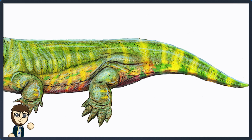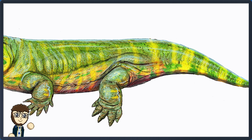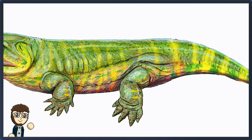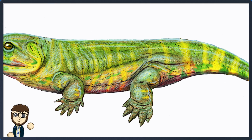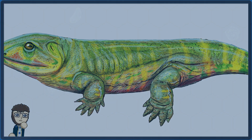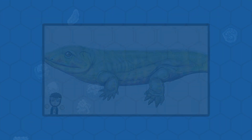So, let's see what this derpy but revolutionarily terrestrial reptile or amphibian or tetrapod, whatever it is, would look like as a Pokemon. Is it an amphibian or a reptile? I think it's an amphibian. Or is it no, I think it's like a...